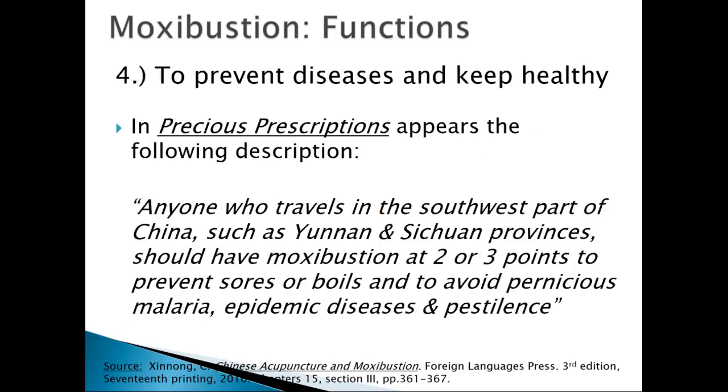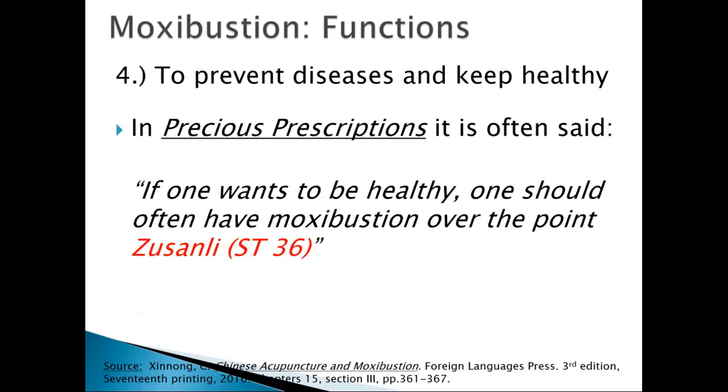So in the prescriptions appear the following description. Anyone who travels in the southwest part of China, such as Yunnan and Sichuan provinces, should have moxibustion at 2 or 3 points to prevent sores or boils and to avoid pernicious malaria, epidemic diseases, and pestilence. Then it also states if one wants to be healthy, one should often have moxibustion over the point stomach 36